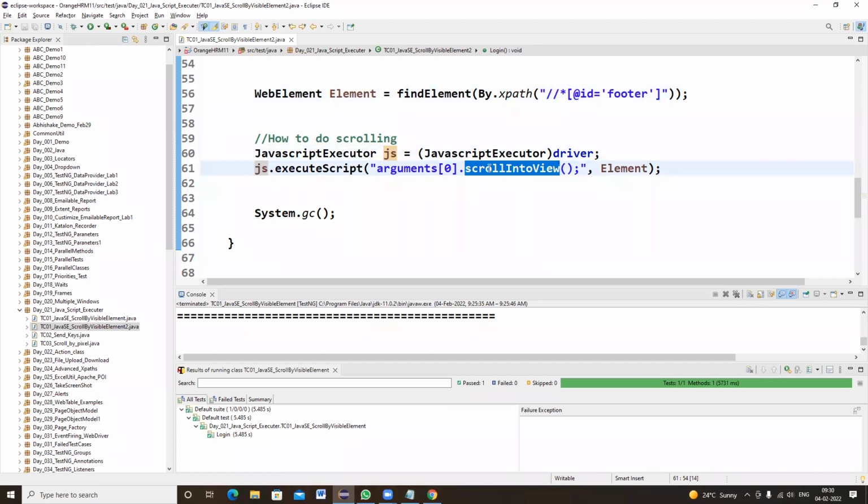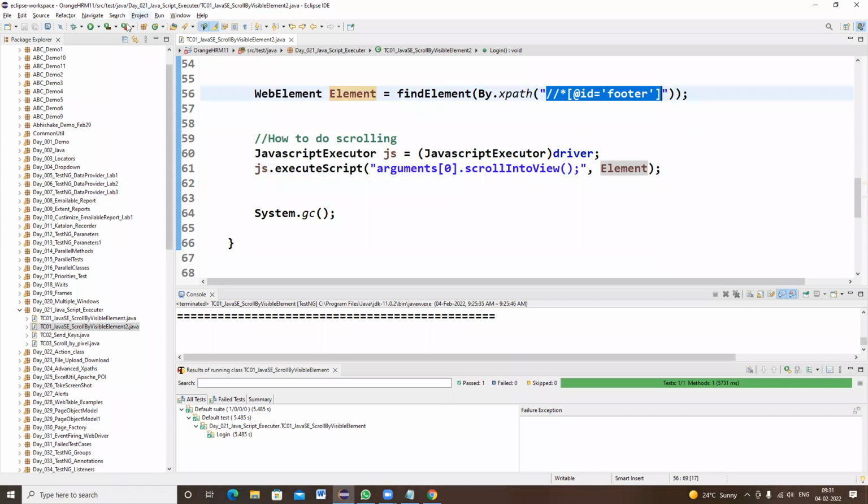This means that instead of manually scrolling from mouse or keyboard, we are using this line of code js.execute script of argument of 0 dot scroll into view of element, and now the element value is the footer of the page, which is the XPath, right?